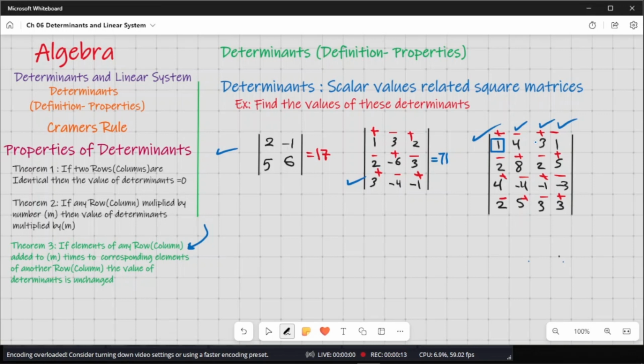So we have here negative 4 times column 1, then add to column 2. Here we can multiply the first column by negative 3, then add it to third column. So we have negative 3 into first column, then plus column 3. Again, with this value of 1, we can multiply first column by negative 1, then add to fourth column. Okay, so this determinant can be equal to